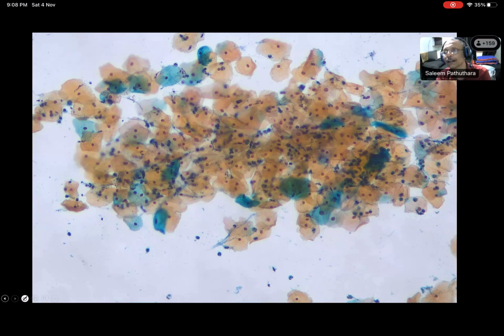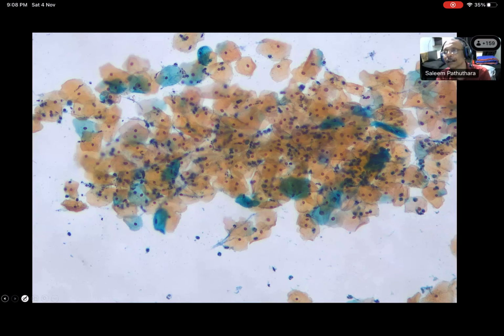Sir, at 40x, we look for 8 to 9 cells. See, at 40x, at least 9 cells should be there if your microscope is using an eyepiece of 10x and the field of view is 22. If you're using a field of view of 20, it has to be 10 cells, something like that. So we have a chart in front of us. Looking at the chart, we can say whether it is satisfactory. So this is satisfactory.